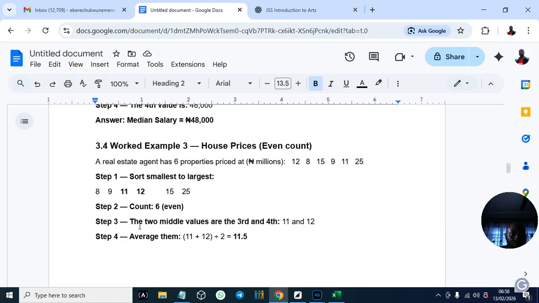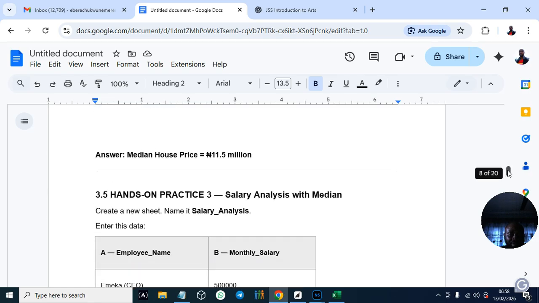So the two middle values are the third and fourth, 11 and 12. You take the average, 11 plus 12 divided by 2, which is 11.5. So the median house price is 11.5 million. That's it. Like I told you earlier, it's just simple mathematics.